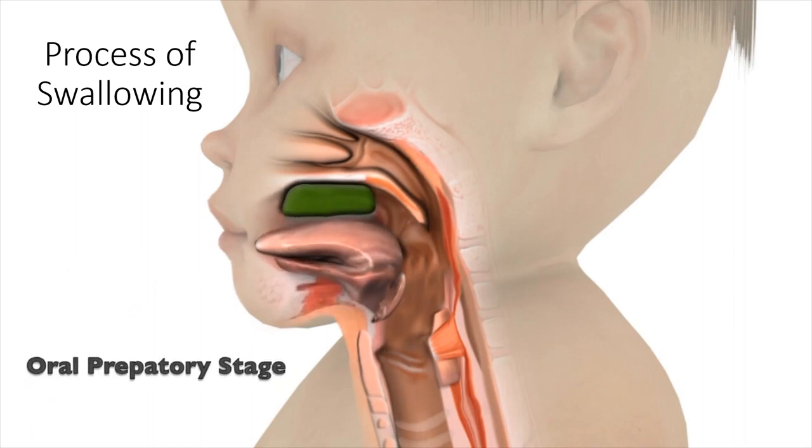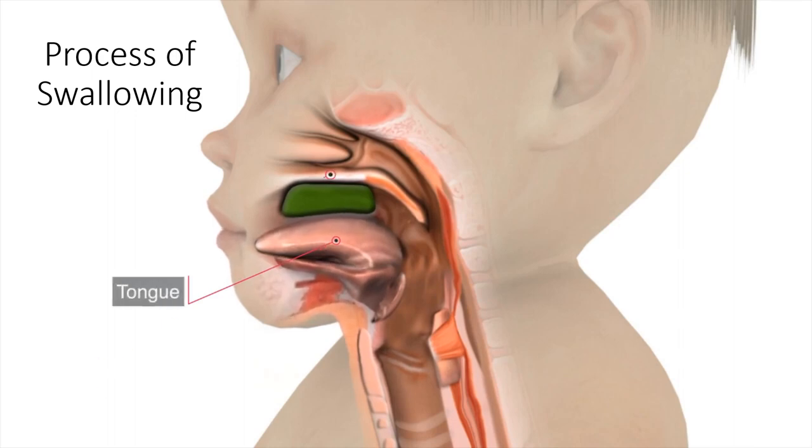Okay, so now let's talk about the process of swallowing. Okay, but before that, let me give you a little bit of review of anatomy. So this is the nasopharynx, this is the oropharynx, and this is the laryngopharynx. This structure right here is the palate. So this is the hard palate, soft palate. The green one is just a bolus of food. This is the tongue. Okay, and anteriorly we have the trachea. Posteriorly we have the collapsed esophagus. This is the epiglottis, and this muscle right here is the cricopharyngeus.